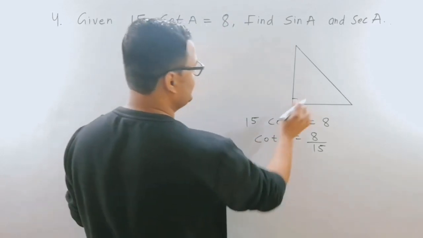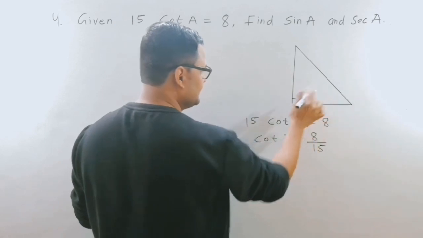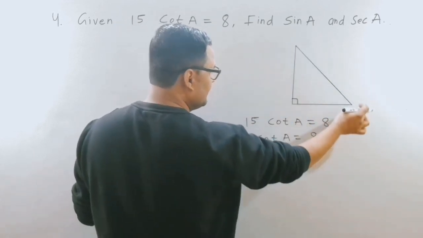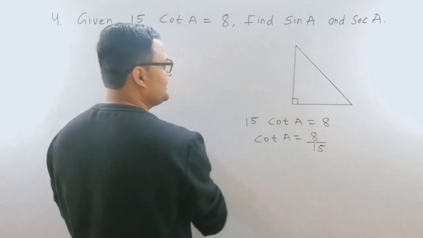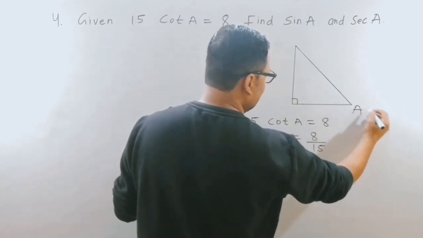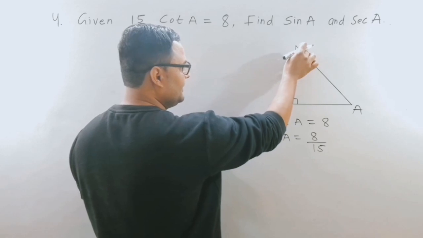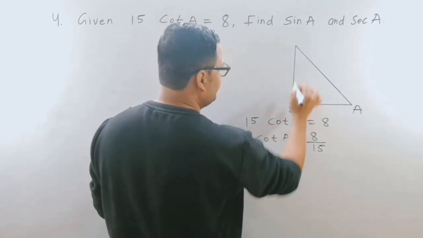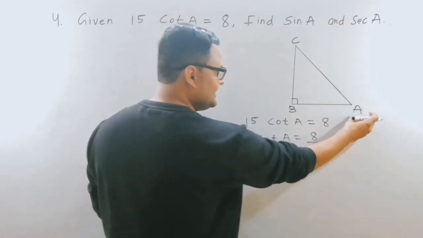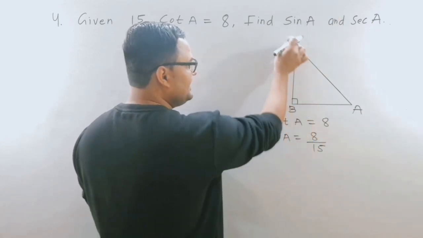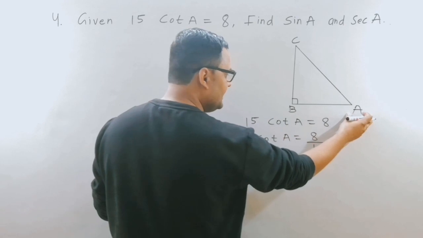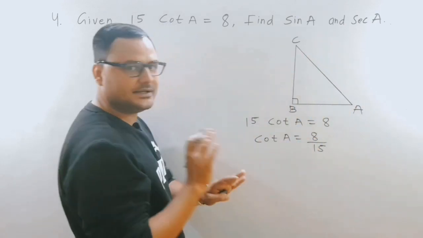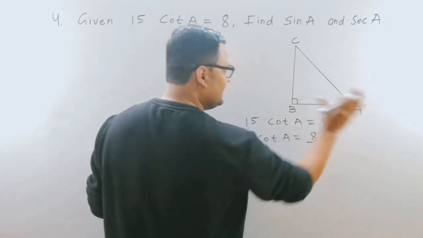Now first of all, this is a right angle triangle and this is 90 degrees. So A will come on this point or on that point. Let me take A on this point, because in the last question we took A on this point. In both we will get the same answer. A, B, C. A is important. It can be B, C, it's up to you. If you want to write P, Q, M, N, whatever you want, you can write. The main thing is only A should be there.